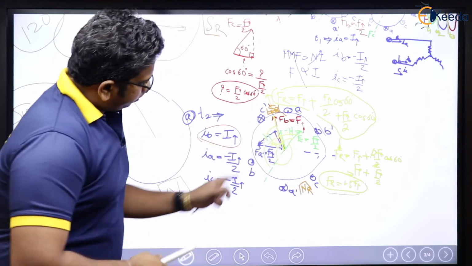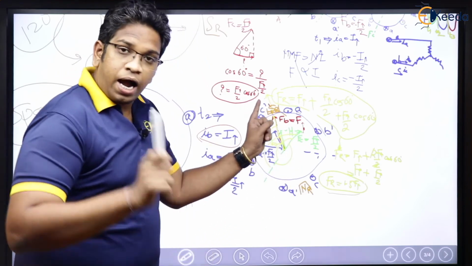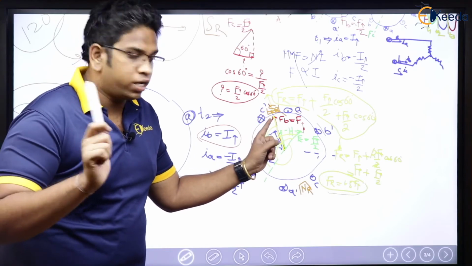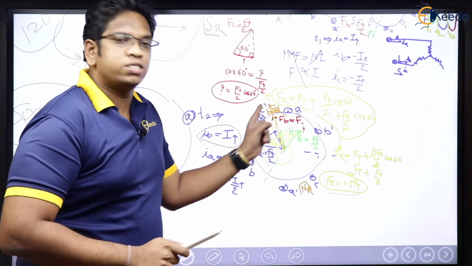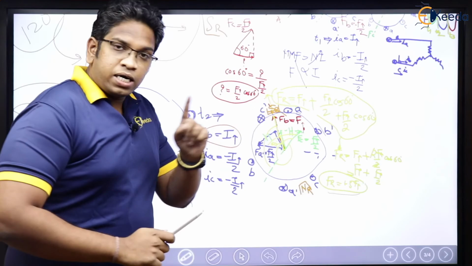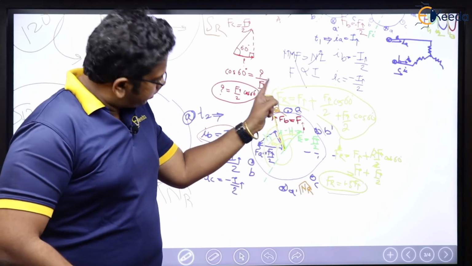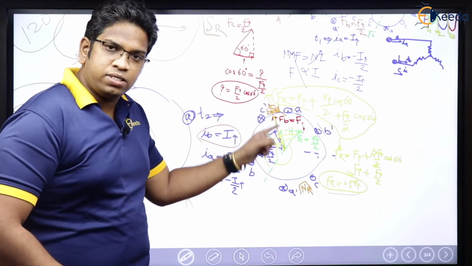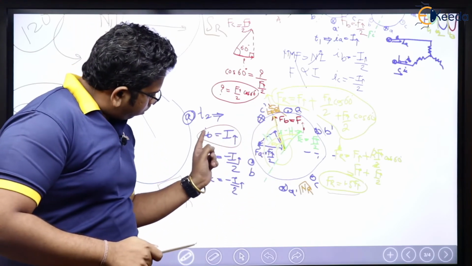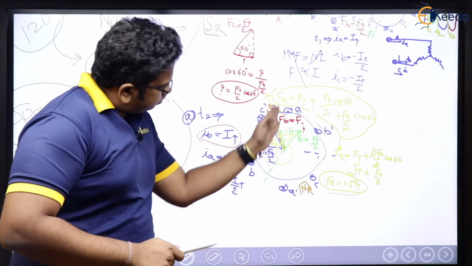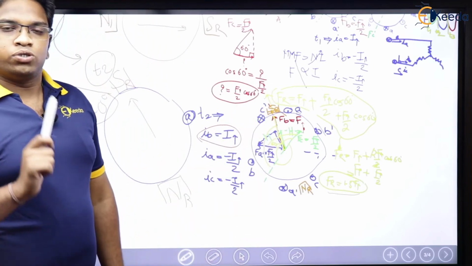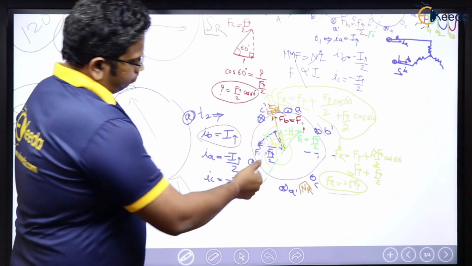The axis of MMF was this way. If you see the direction of the rotating magnetic field, are they in the same direction? The resultant of the rotating magnetic field is in this direction, and it is aligning with what? The axis of MMF of IB. IB's axis is this way. So the final sentence meaning is this one.